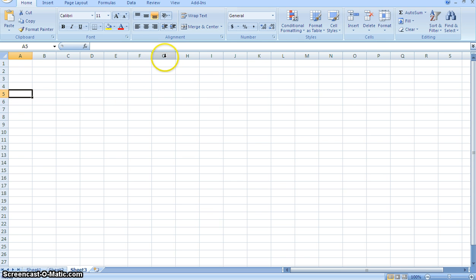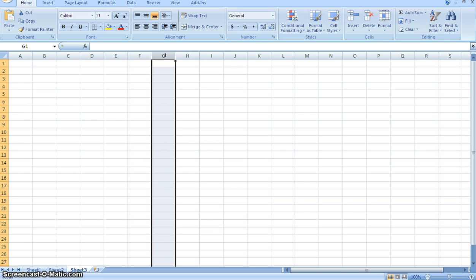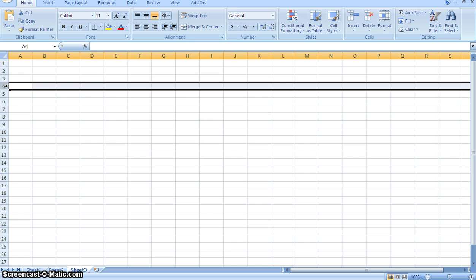So when you see a vertical line, it's a column, and when you see a horizontal line,